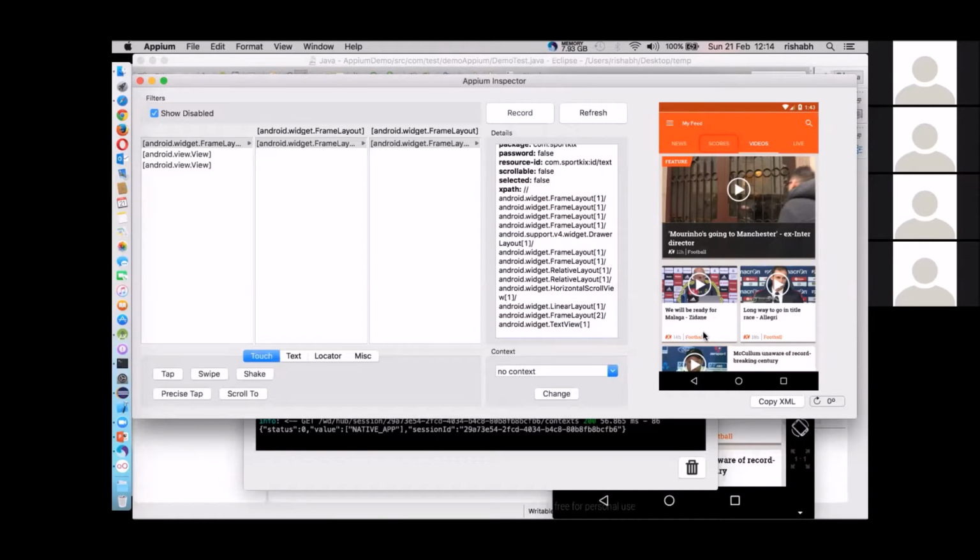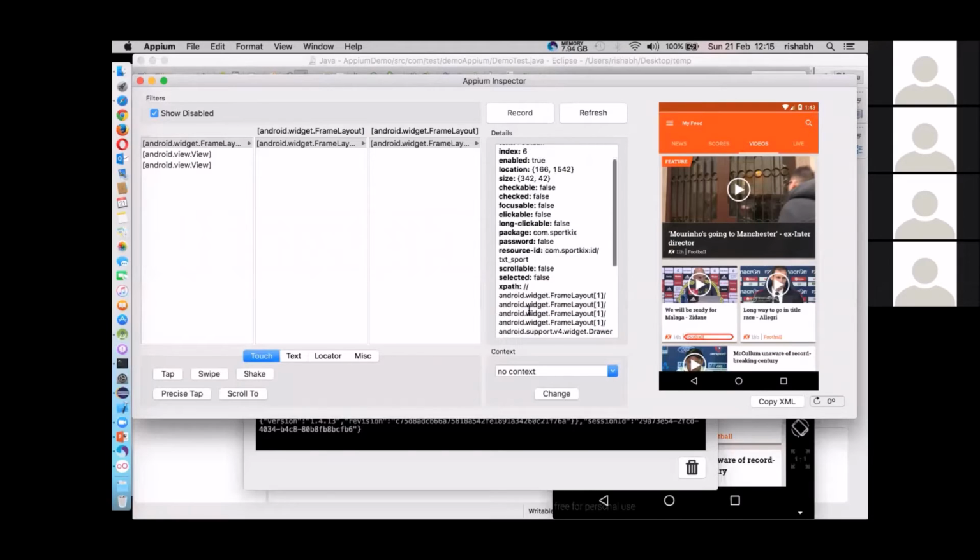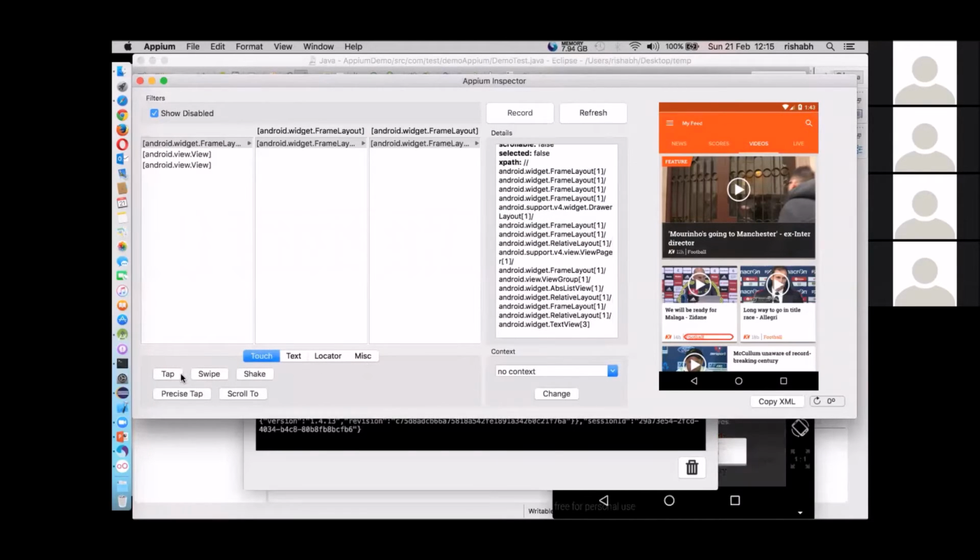If you want to identify this particular element, whether it's football, hour, or whatever, even this smaller icon, all these things can be identified, and as you can see, choosing this will change the resource ID. Fine. The resource ID is now txt underscore time. The resource ID is now image under. So you have different methods by which you can identify a particular element. And if you have identified it, now you can perform actions using it. You can tap and swipe and shake and whatever.